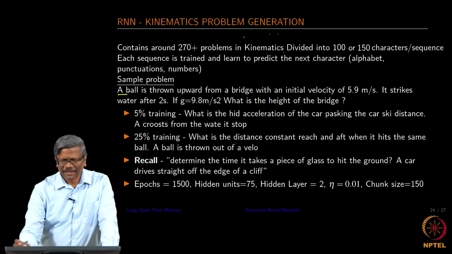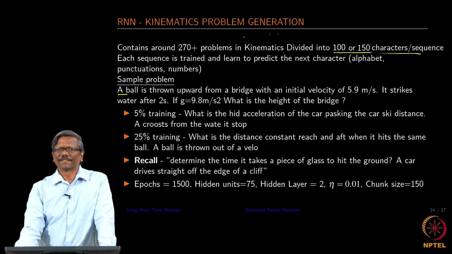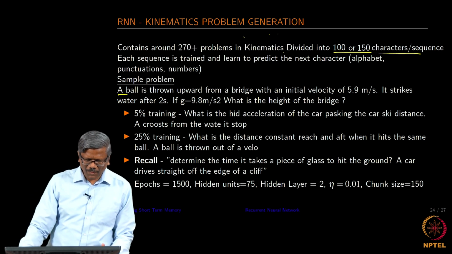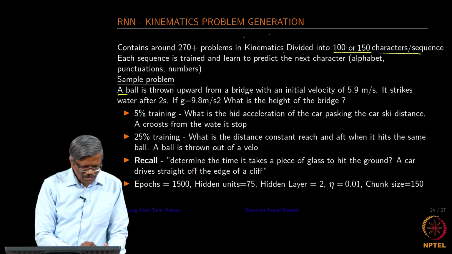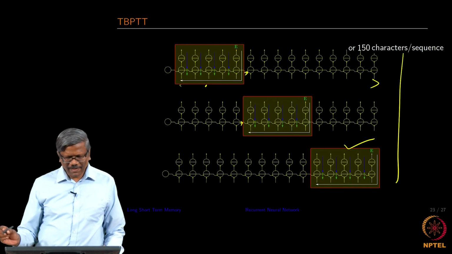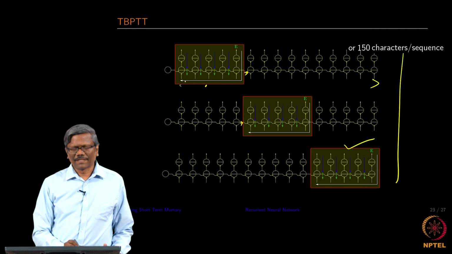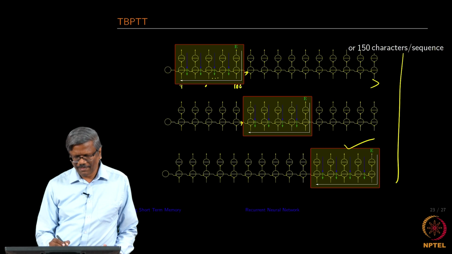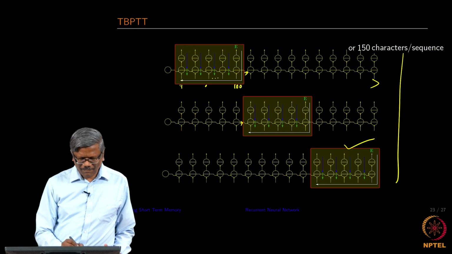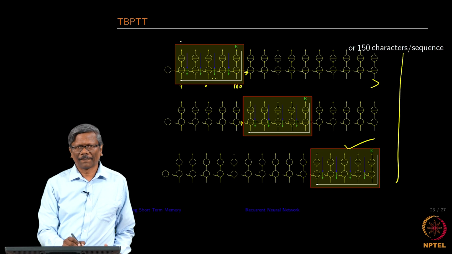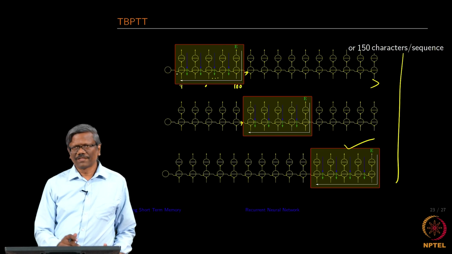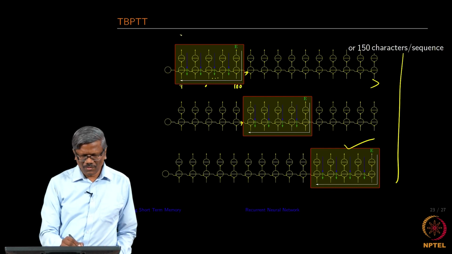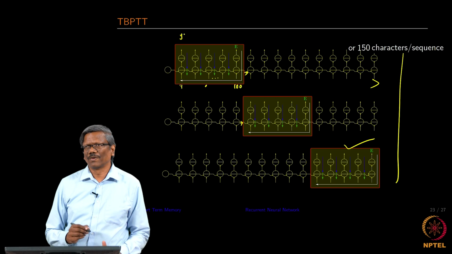This is what I feed, and I feed about 100 characters per sequence. Here, every time it reads, it starts reading from the first character. Let us say this is 1 to 100. It will read 100 characters, and for every character it will predict the next one. Since it knows what the input is, it knows the gold standard that it should look at.